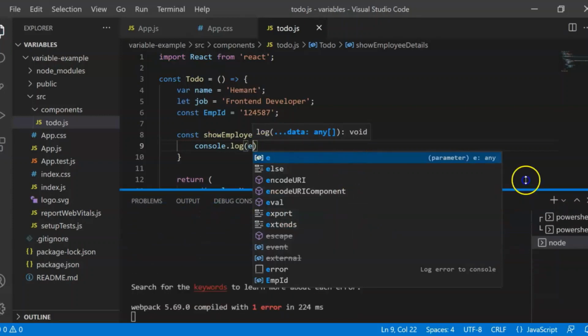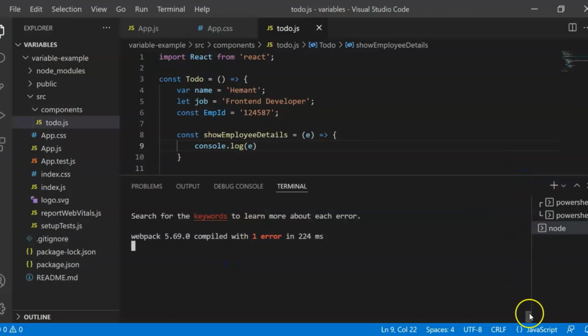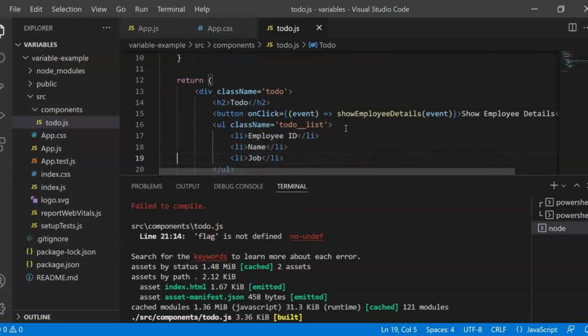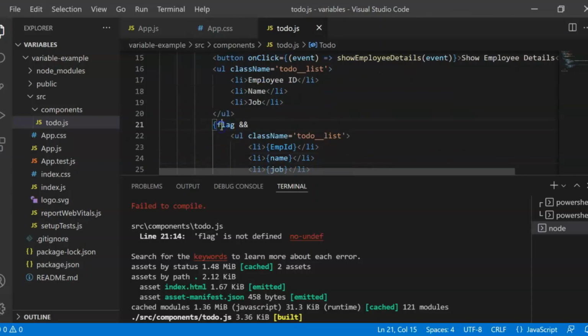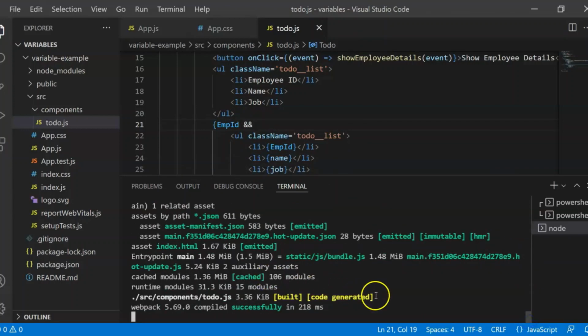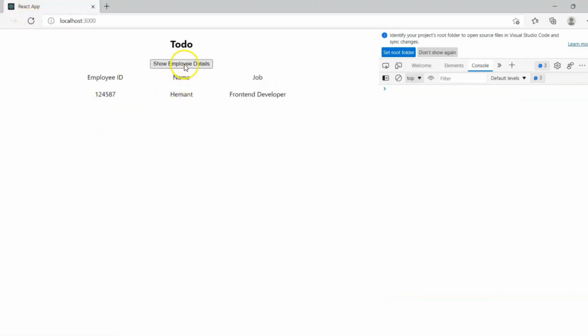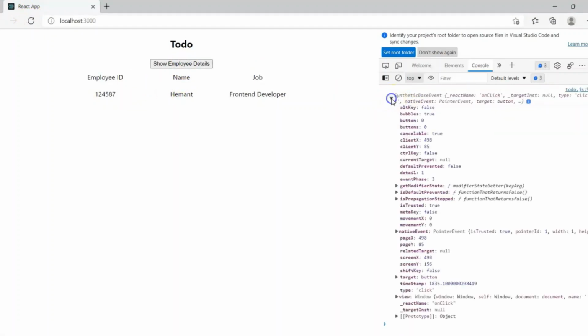We are getting one error. Let's see what error we are getting. Flag is not defined. Okay, so let's go and remove this flag. We have used this flag, but flag is not defined. So now this error is gone and it executed correctly. Now let's go to the browser and refresh it. If you click on this one, you will get the event of this click button. Okay, the onClick event is there, and